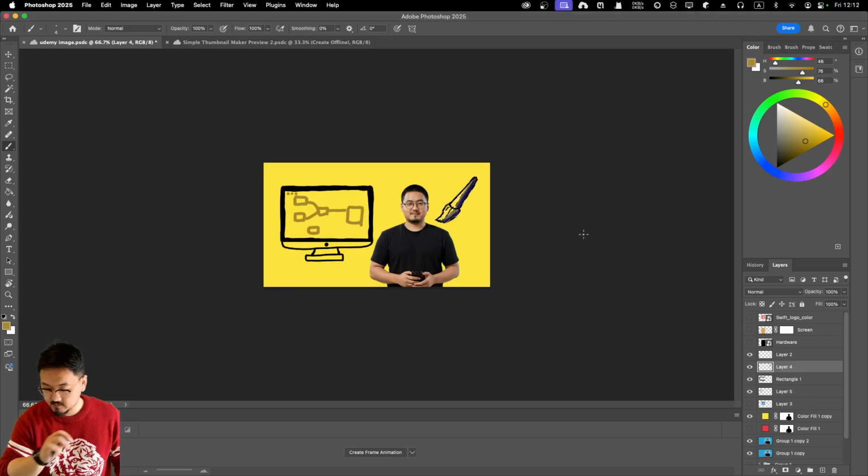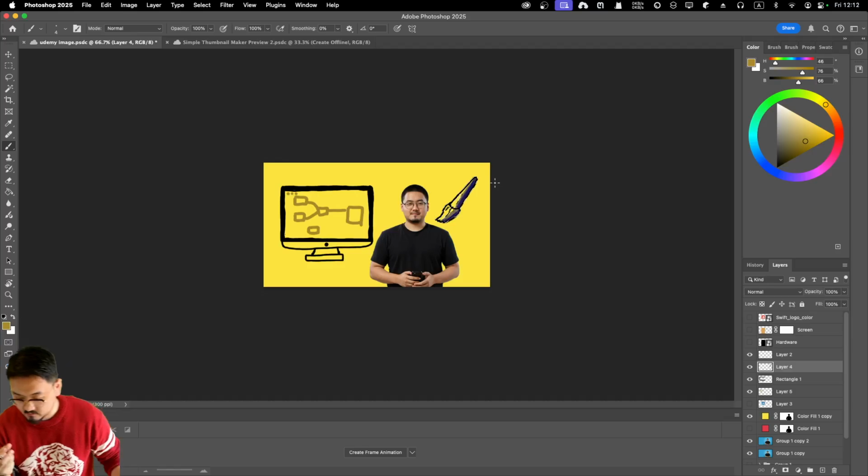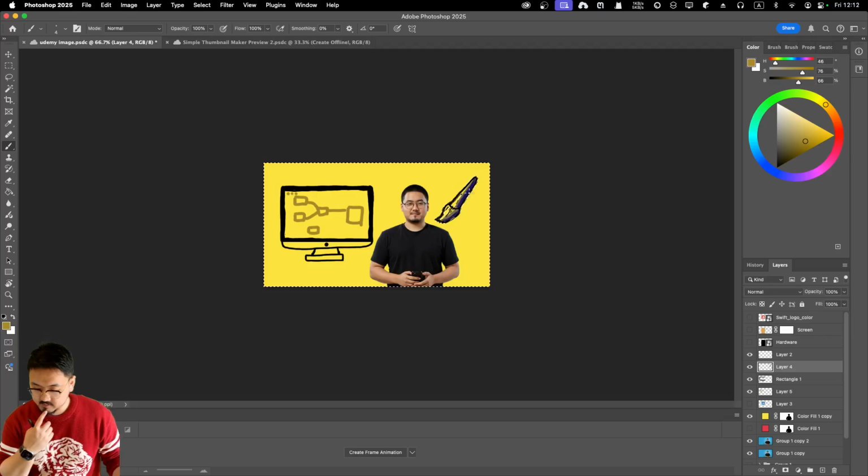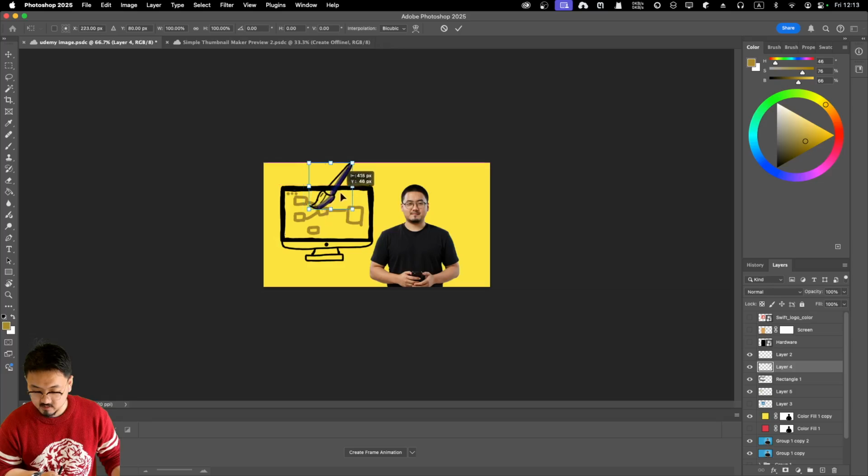So this layer, I believe I already selected the inside part, and I can use Command Shift I, inverse select, and can I just delete everything of this layer? Okay, I got no idea what I'm doing. Then can I just move it here? Yeah, if I select this,